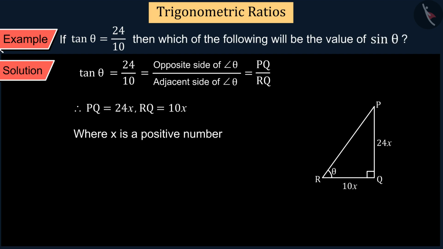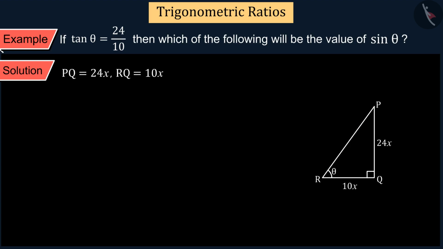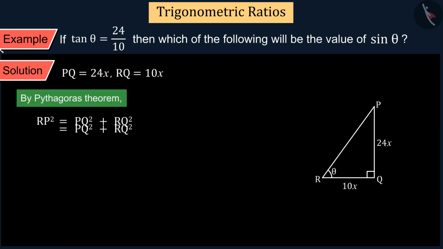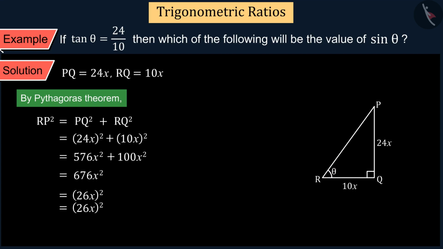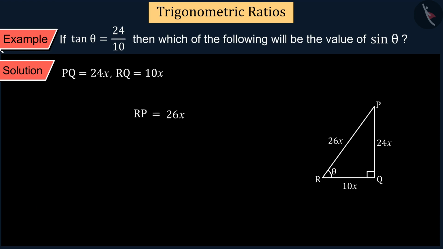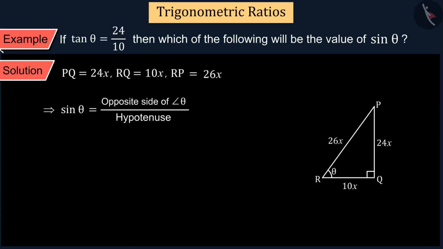Absolutely not. To find the value of sin theta, we will also need to measure the hypotenuse of the right angle triangle, that is, the side RP. We can calculate the value of side RP with the help of Pythagoras theorem, which is 26x units. We know that the value of sine of the angle is equal to the ratio of opposite side